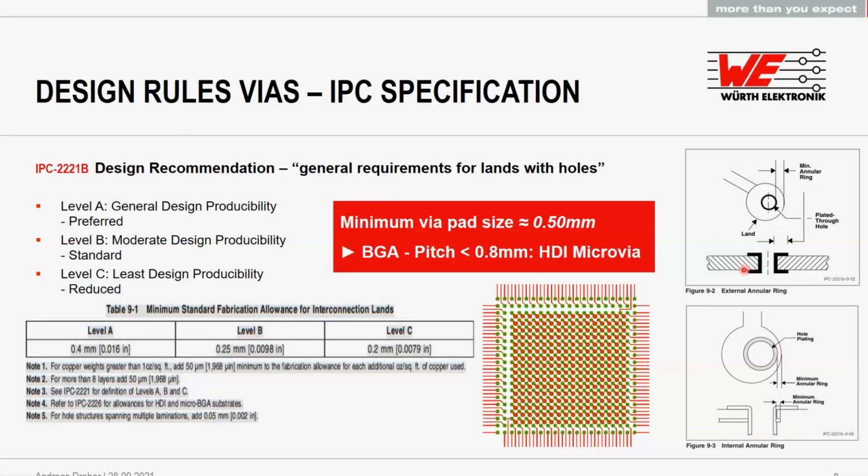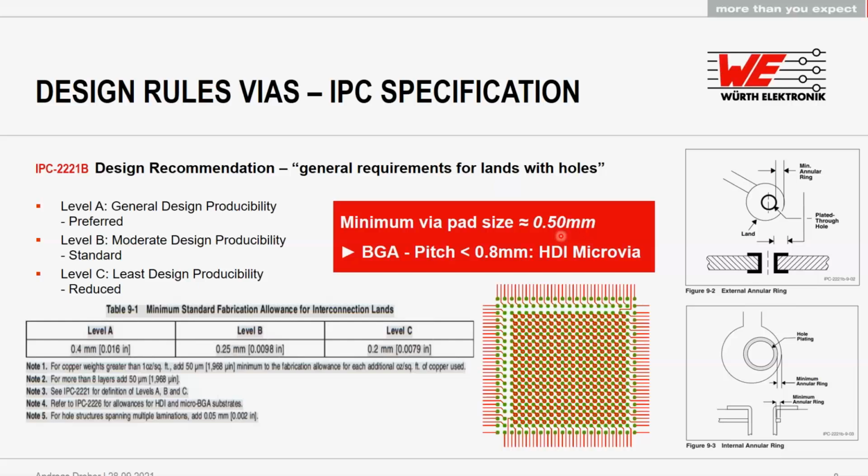Another point on the specification side: often the reliability of the boards is defined with the IPC class 3 level for the end properties. But sometimes the design is not fitting into this class 3 level. Also, the design has to fit in this level 3. For example, the smallest pad size for mechanical drilling is stated as 0.5 millimeters for conventional